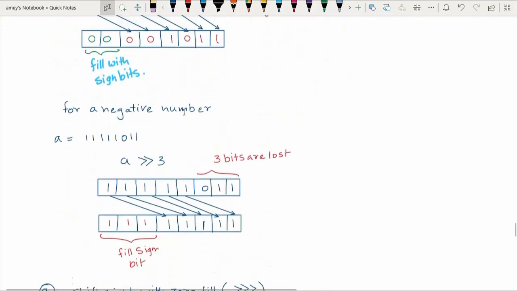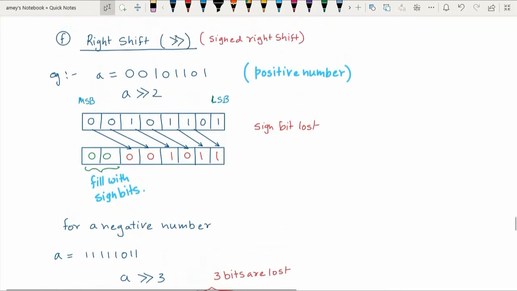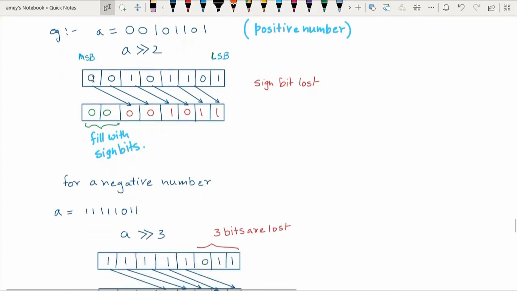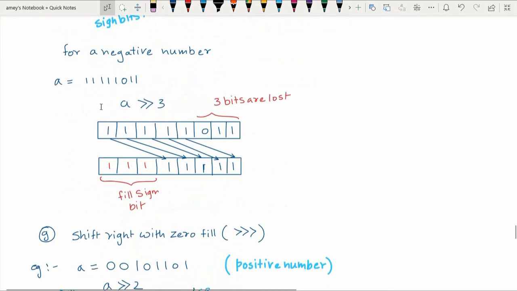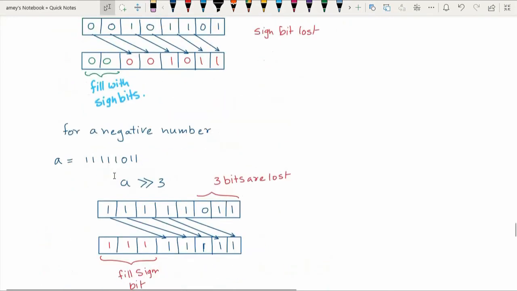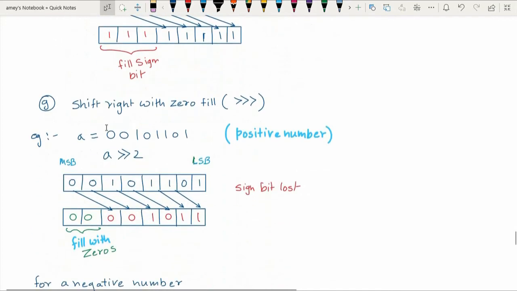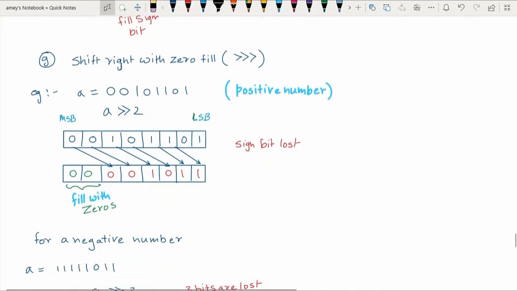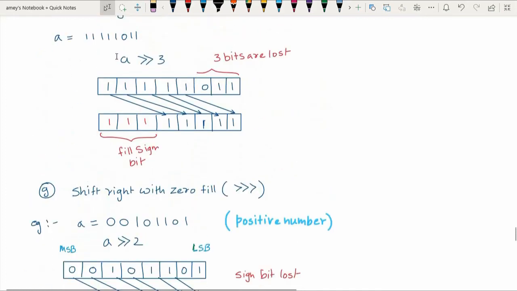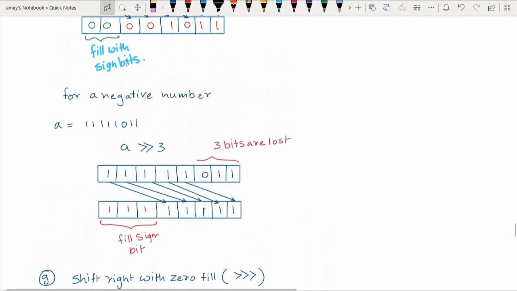So in both these operations, with right shift, whatever is the sign bit, that sign bit is filled on the vacant positions at the MSB. Here the sign was negative, that is 1, so 1 got copied here, and here the sign is positive, that is 0, so 0 got copied here in the vacant places. Now there is also another operation which is called right shift with 0 fill. Now here these operations are exactly the same as the right shift operation that we have carried out here.